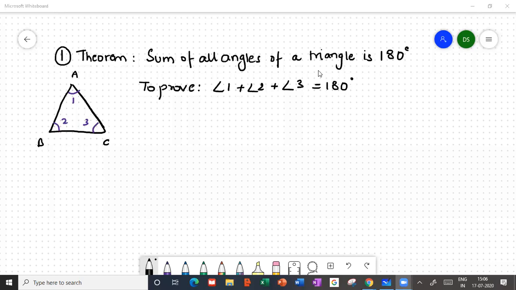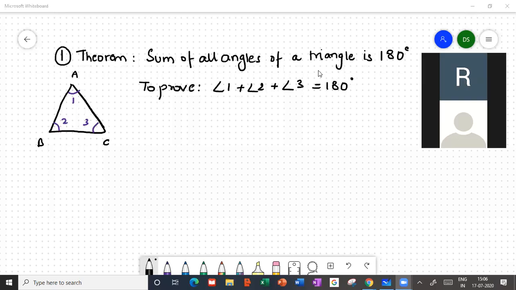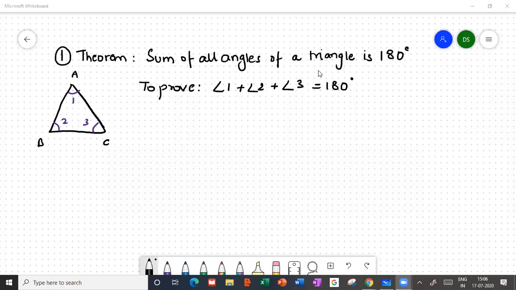Through point A, we can draw a line parallel to BC, and then maybe we can use the Z, I mean the alternate interior angles kind of property. Okay, yeah, that's quite close. So we are going to use the properties which we learned regarding parallel lines when a transversal passes through them. So what we'll do is, like she said, if this is our triangle,